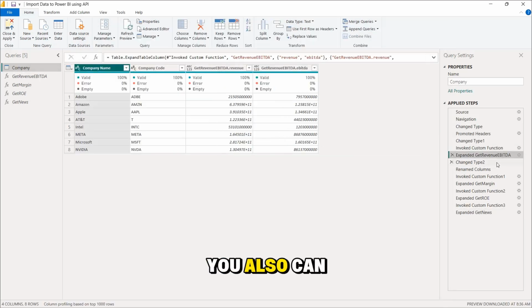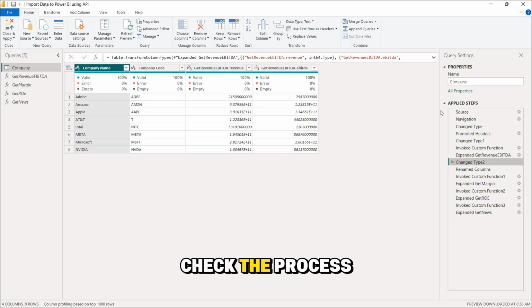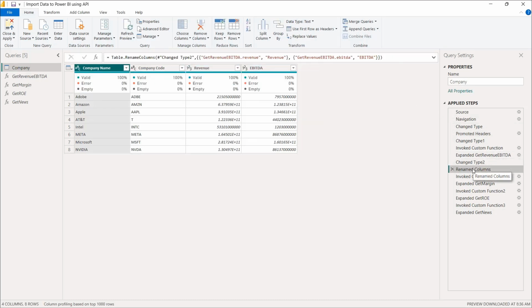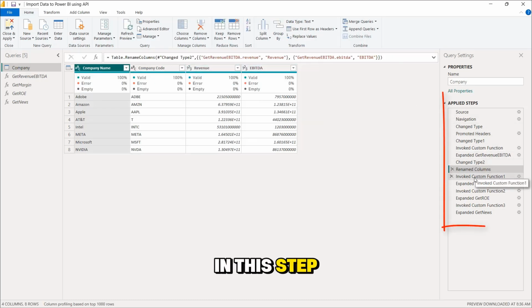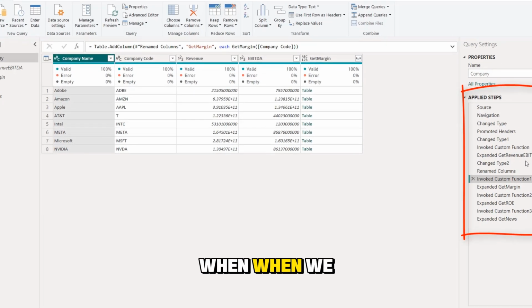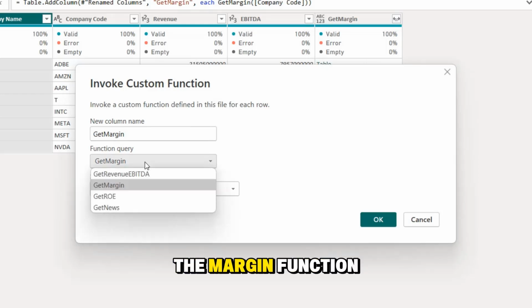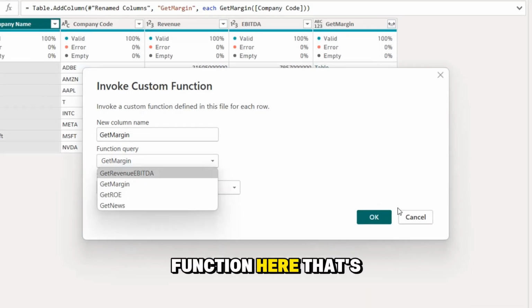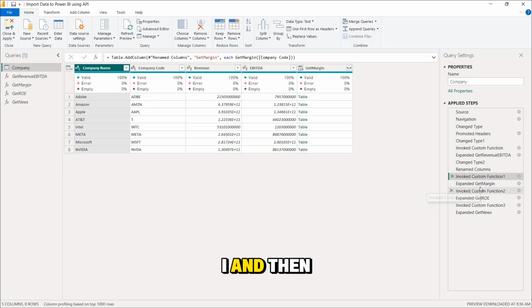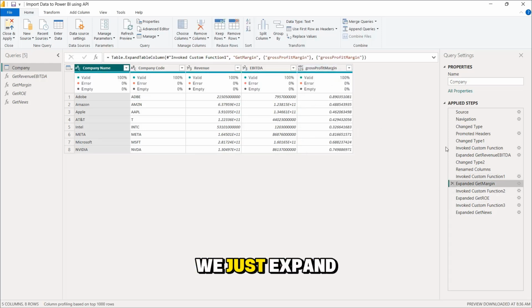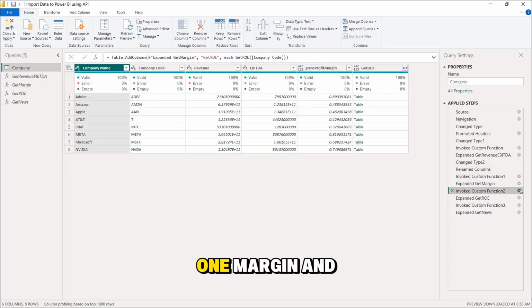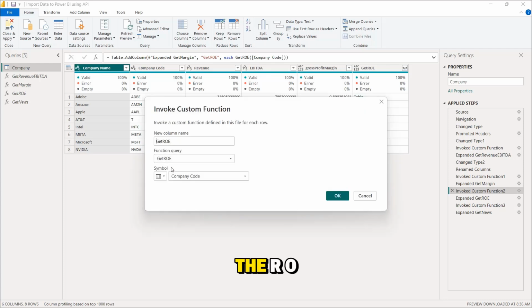You can also check the process in this step. When we get the margin, look at the margin function. We have 4 functions here. That's on the API, and then expand the table. We just expand one margin, and the same with the ROE.